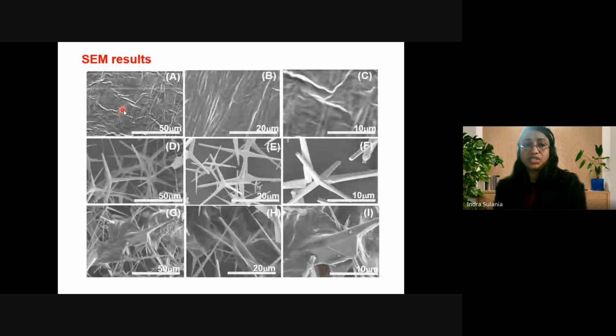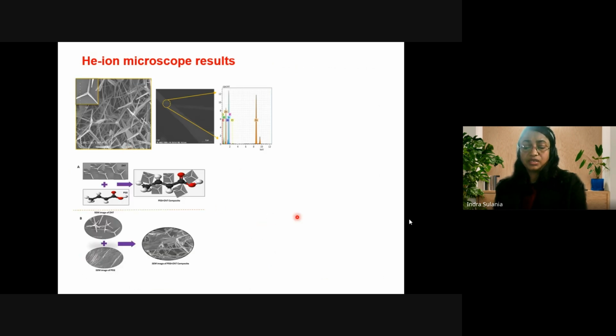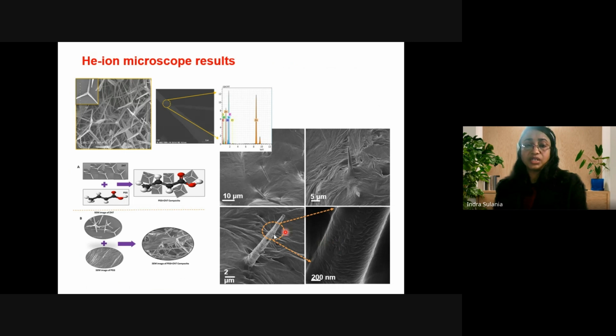This is for the polymer in the magnified images. Then this is the tetrapod, and when we mix them, the polymer gets coated over the tetrapod. We also confirmed this coating of the tetrapod legs with helium ion microscopy. So you can see one leg, it is coated completely with PEG.